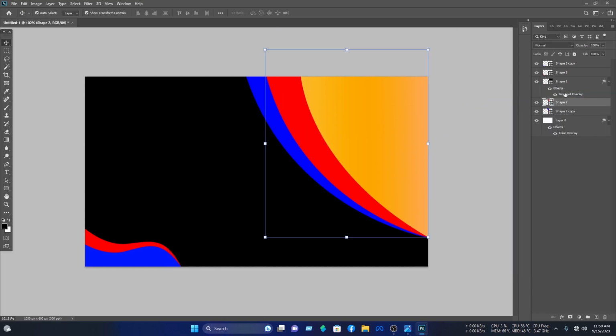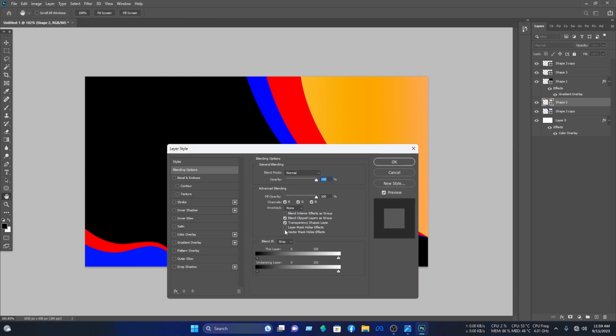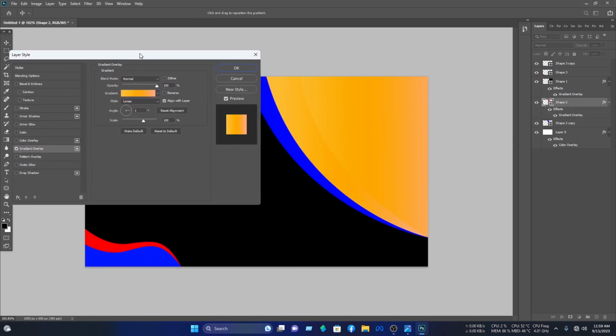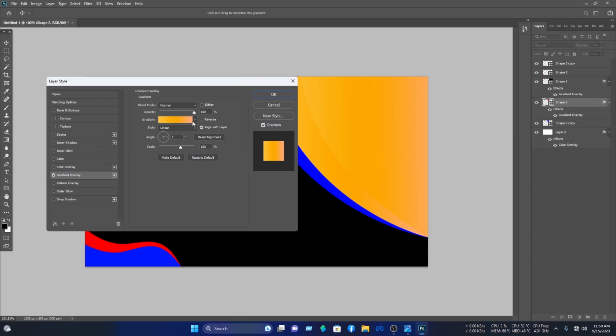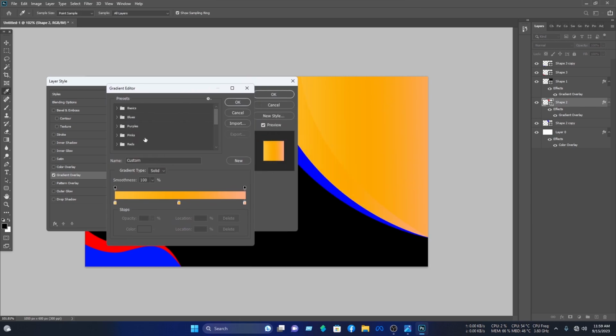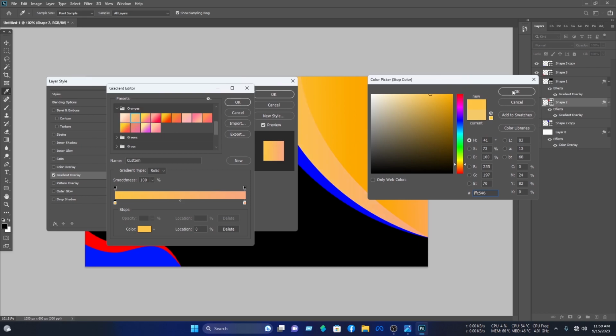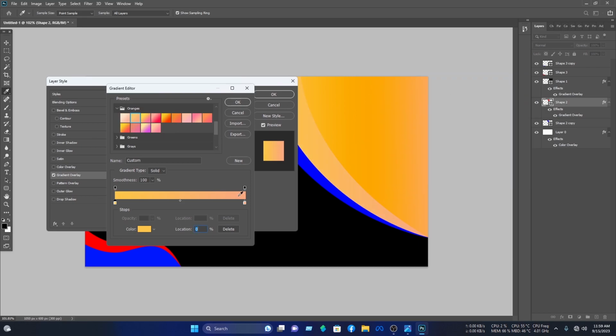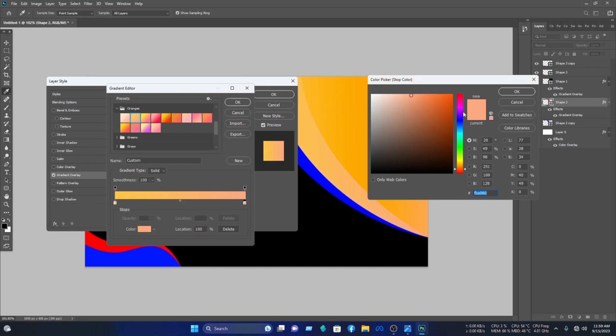Now we have to select this layer, then right click on this layer, then click on the blending option, then click on the gradient overlay. Then click on here, then select the orange from here, then click on here. Then you have to select this, then click on the color, then select this color, then click on the OK. Then select this, then click on the color, then you have to select this color, then click on the OK,